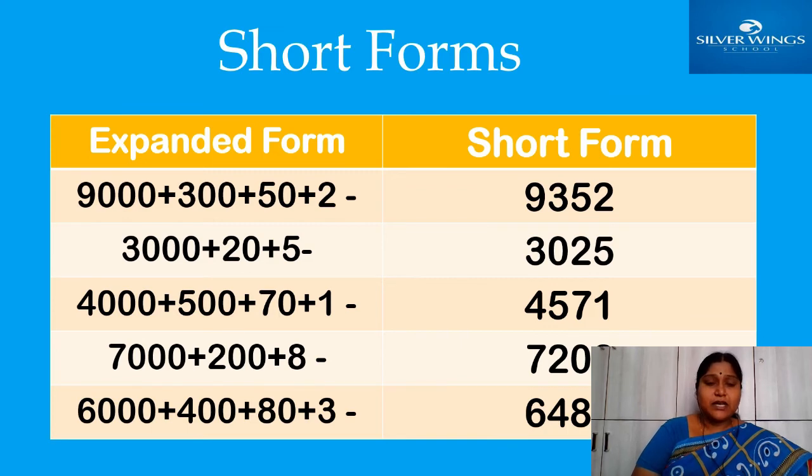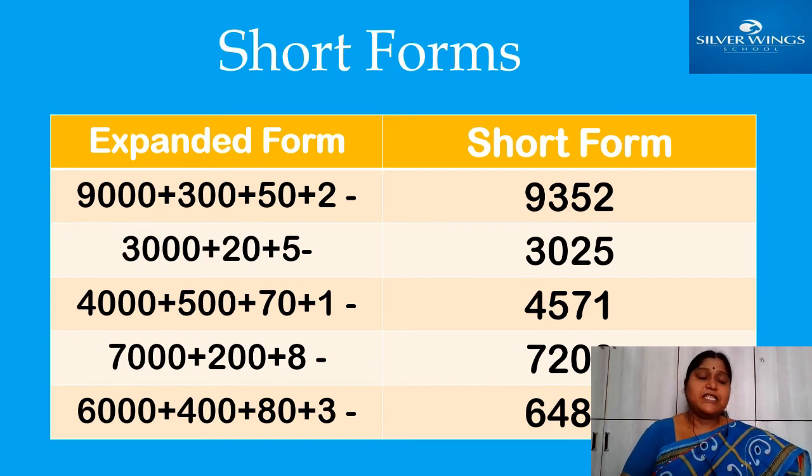Next, second one. Here I gave 3,000 plus 20 plus 5. Which is, 3 only is there, but the thousands column is there. Then you should write 4 digits in the short form. Which place is missing, you should see carefully. Thousands place is there, 3,000, plus hundreds place is not there. So in hundreds place you should write 0. You should mention 0. Okay, then you should write 3025. Understand better?